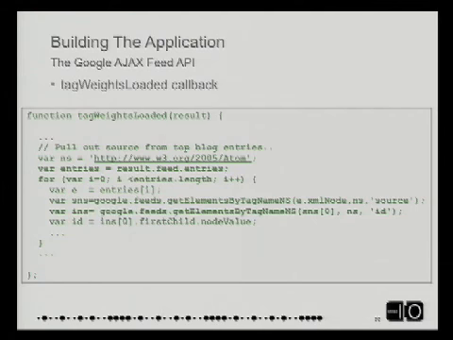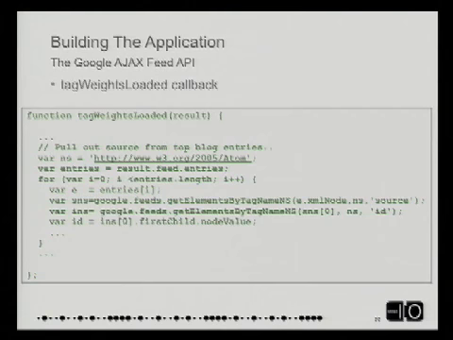In the next slide, I'll show you exactly what I'm trying to pull out. When I use the first child's node value of the ID array, I have the ID of that entry. So in other words, when I ask for official Google Blogs all, I'm getting a potpourri of entries from all different types of blogs, so I don't know where that entry came from. This is how I figure that out. So I'm going to pull out the ID.